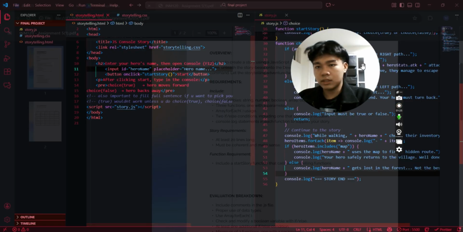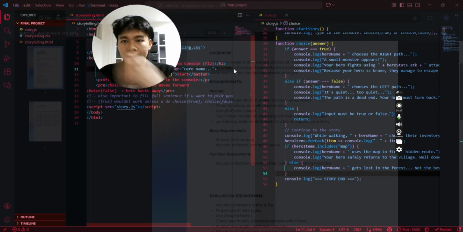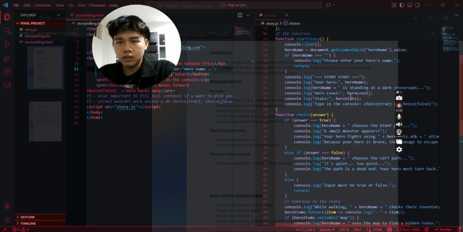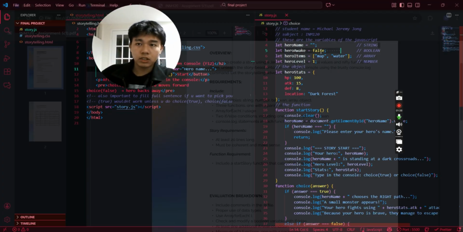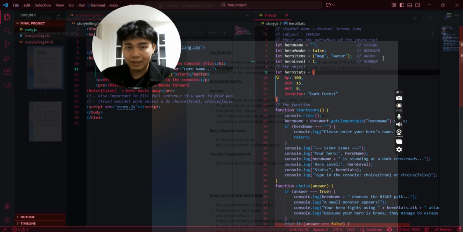Let me just move this. Okay, so this is my JavaScript, my JS. We've got string, boolean, array, and number. So what are those? Let me tell you. String is basically text, anything you can put as input, like quotes, names, or any characters or words that you want to input. And the example is